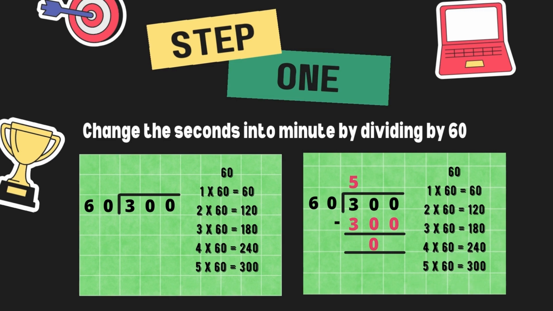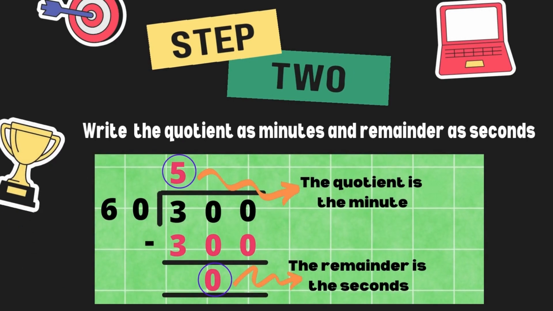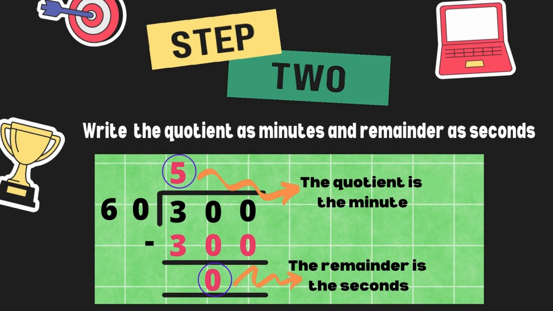All right, now 300 divided by 60, let's look, that will be 5 times 60. Look at the next box. Yes, 5 times 60, circle there, is equal to 300. So 300 divided by 60 is equal to 5, and that will give us no remainder. You can see that we have 5 there as the quotient. And if you look at step number 2, the quotient 5 will be the minutes, while the remainder, 0, will be the seconds. Because we don't have any seconds there,